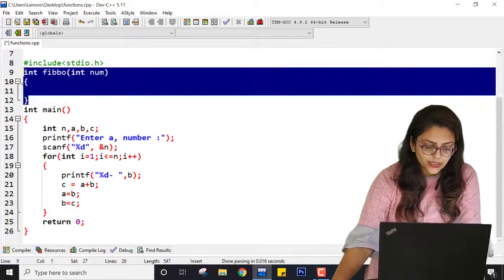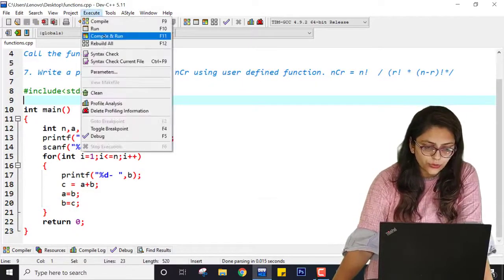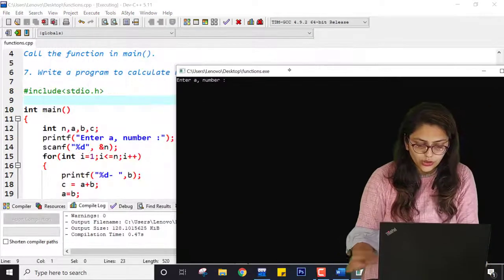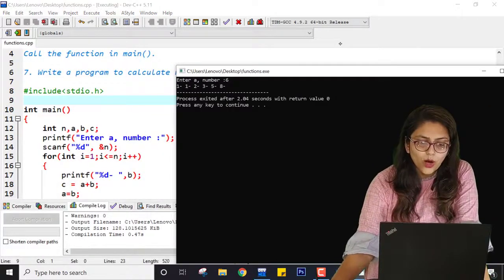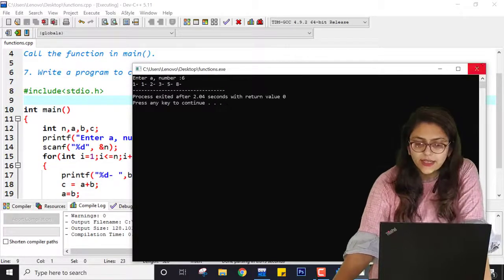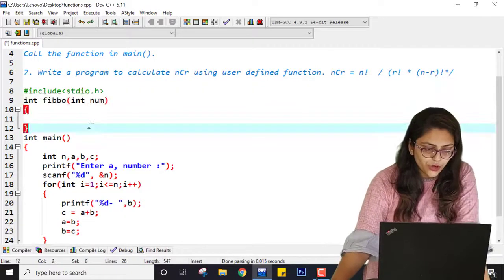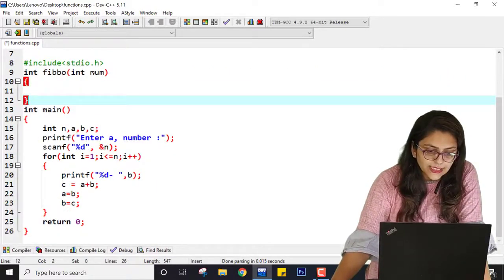Let me just erase this for now, save this program and execute it to see if it is printing correctly or not. So if I enter 6, it will print 1 1 2 3 5 8, right? So it is correct. Now I want to create a function. So I am creating function Fibo and I am passing num.